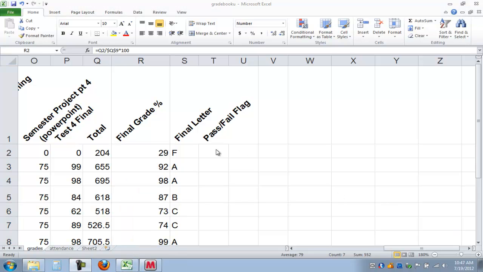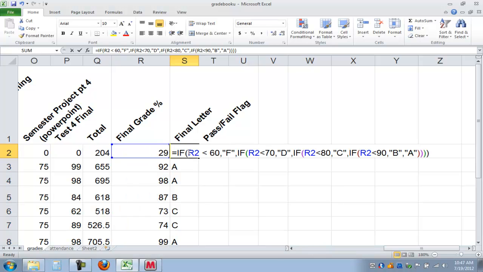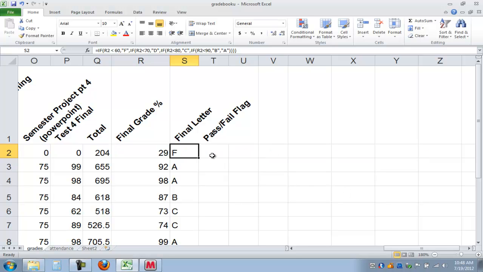So we looked at this very complicated if statement before, where it is checking multiple tiers of numbers to assign the letter grades A, B, C, D, or F. Like I said, we're not going to talk about that, but you do have a copy of this in your workbook. What we want to do is a little bit more simple logical function that might be a way to